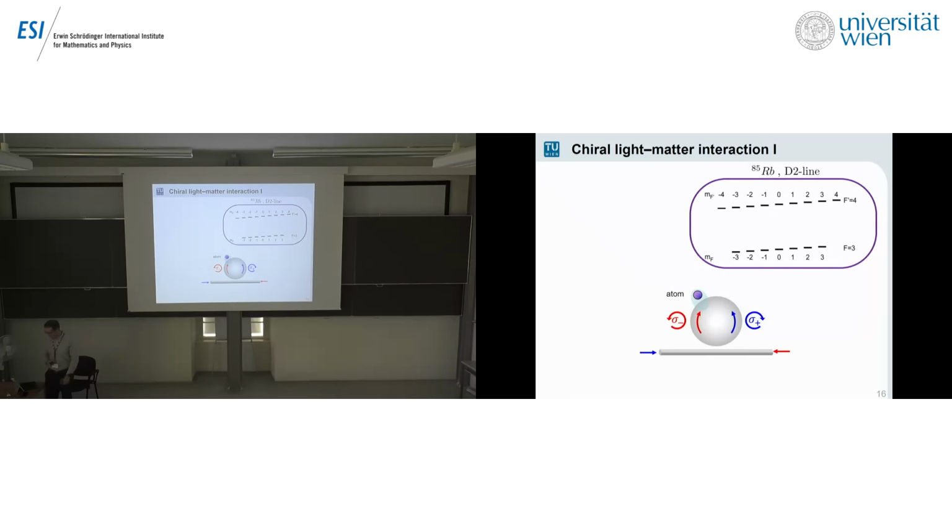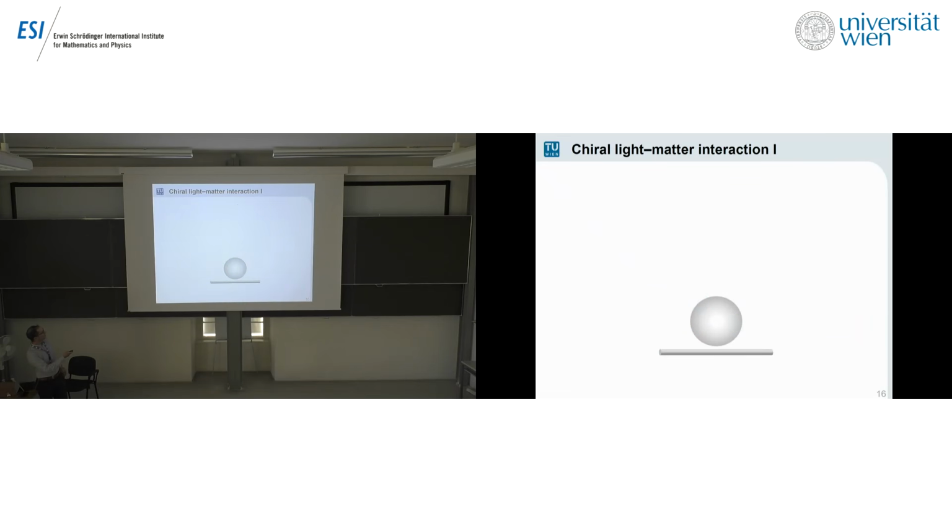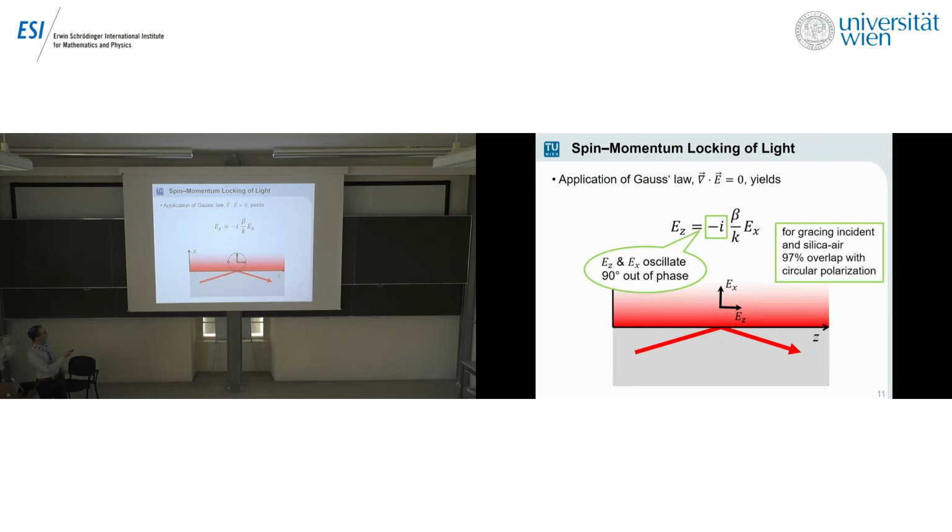I think it doesn't help. But this is only the longitudinal component of the polarization that couples to the atom, right? Exactly. So first of all, for these schemes, you need these TM modes. These TM modes are the only modes that show this spin momentum locking. Otherwise, you would not. So maybe I should go back. So what you require here is,